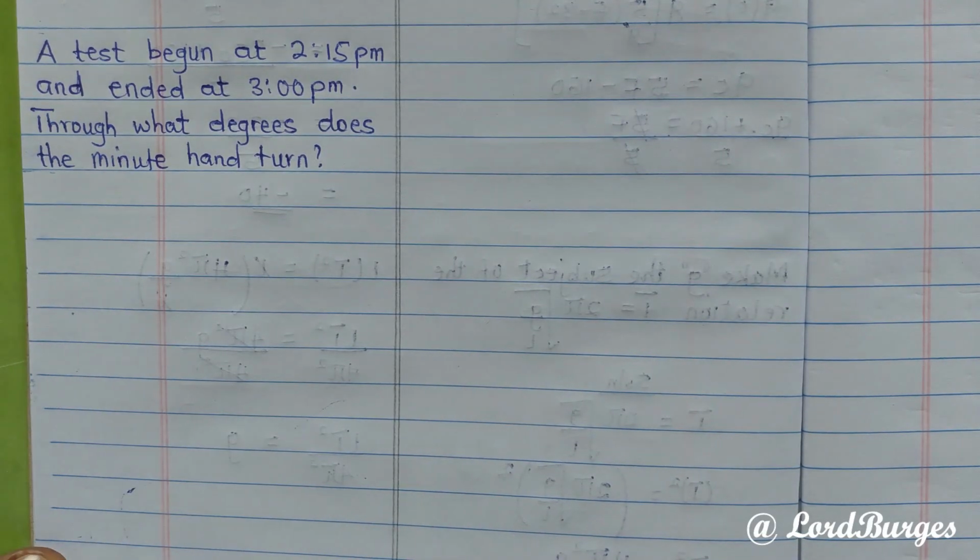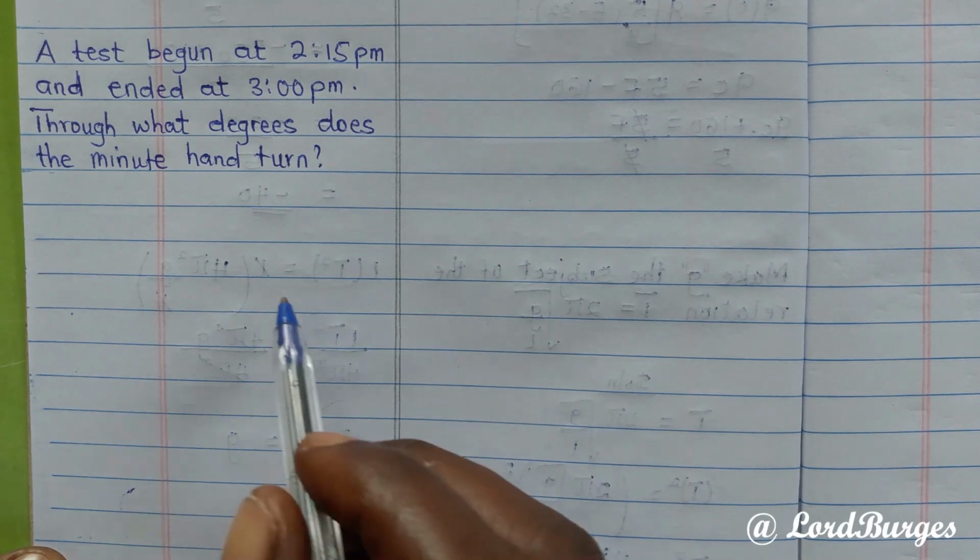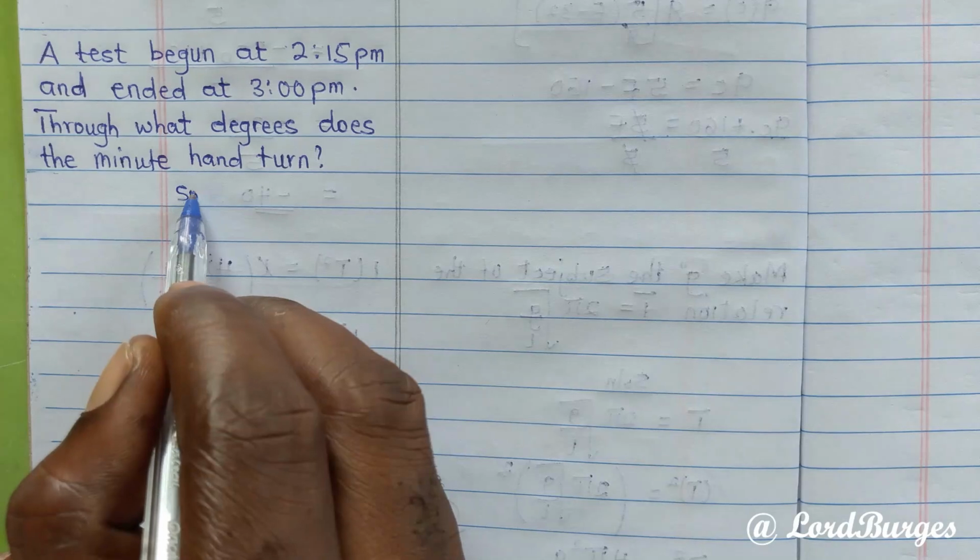A test began at 2:15 p.m. and ended at 3 o'clock p.m. Through what degrees does the minute hand turn? When we take the solution for this,